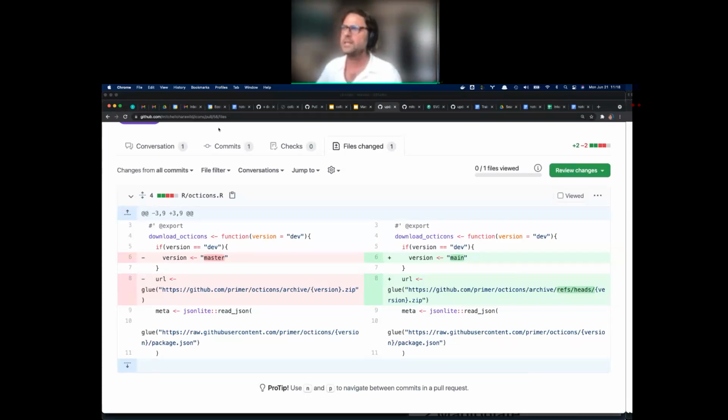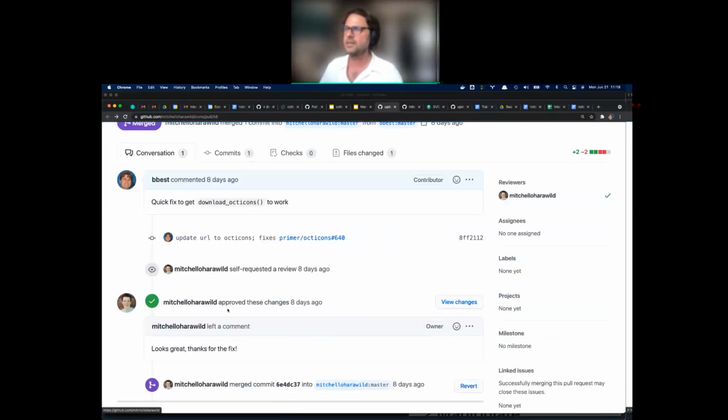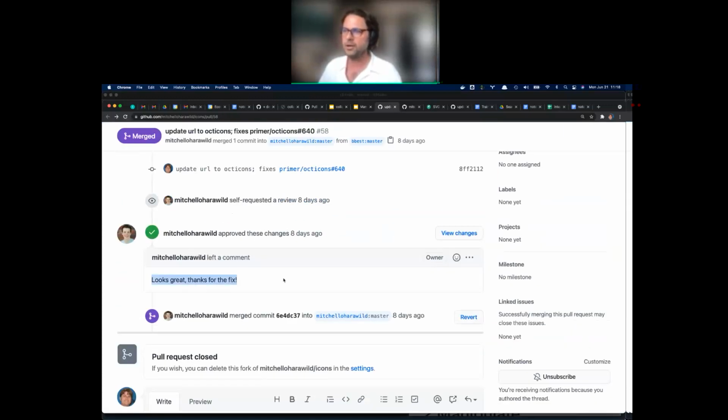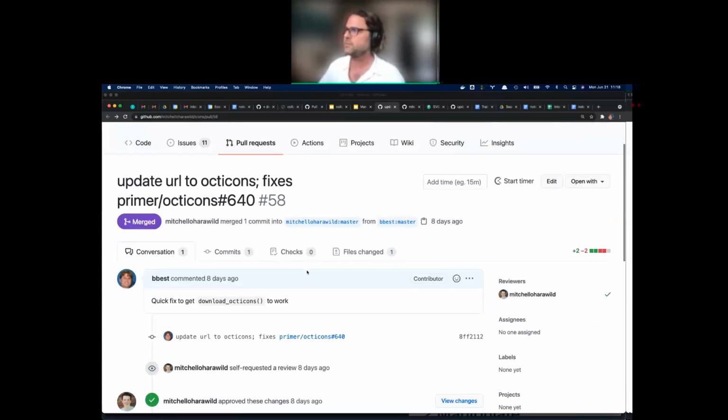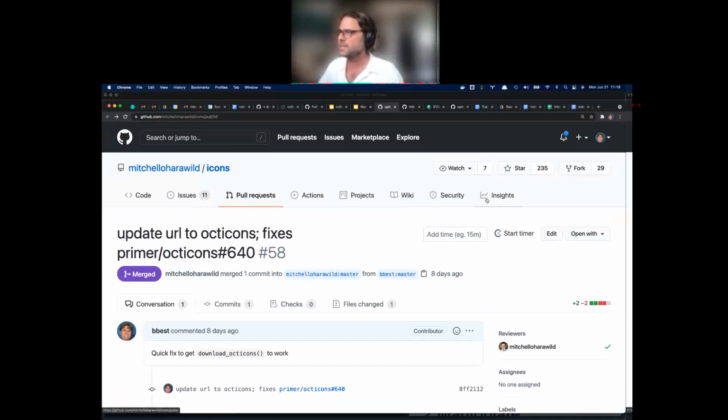And then we can see in that conversation that the owner of this repo said, looks great, thanks for the fix. So that's how easy it is to participate in the open source community. And then what's cool too is that you see with insights,